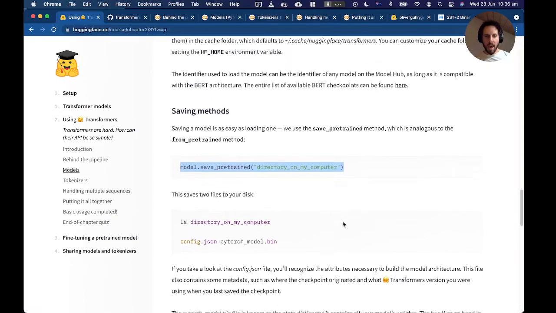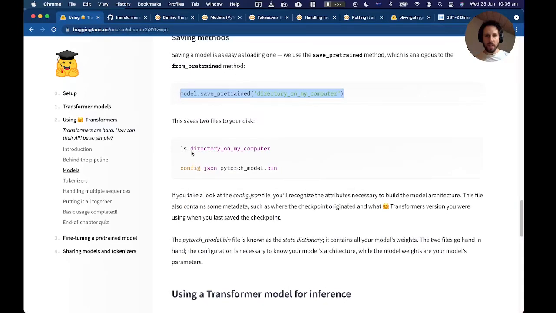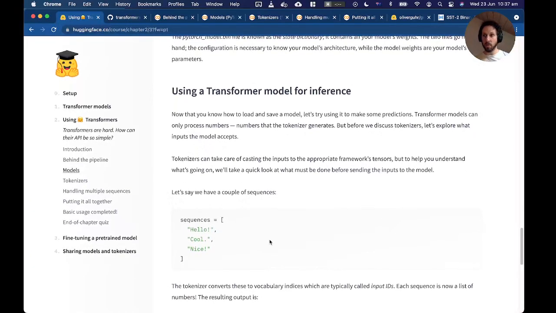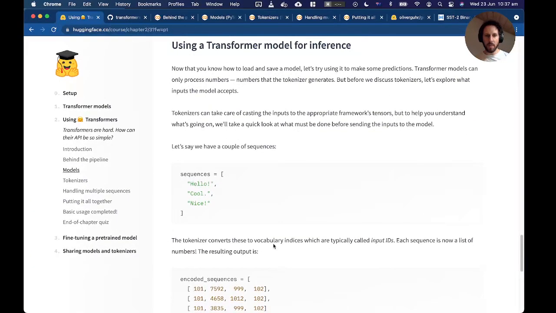And as we can see here, this save call will basically save two objects. It will save a configuration JSON file, and it will also save a PyTorch model.bin file. And this is something in PyTorch called a state dictionary, which basically provides all the information for the layers and the weights. And so if we want to use this to produce predictions, the first thing we need to do